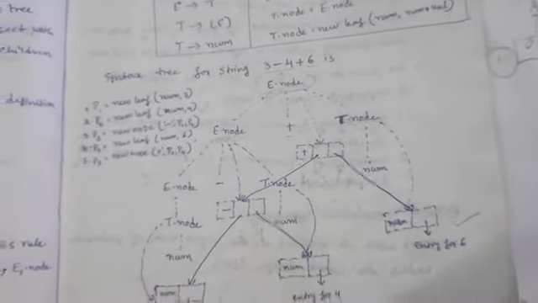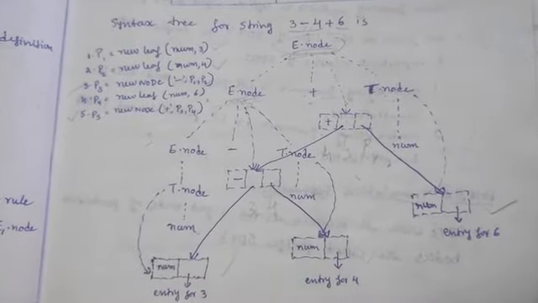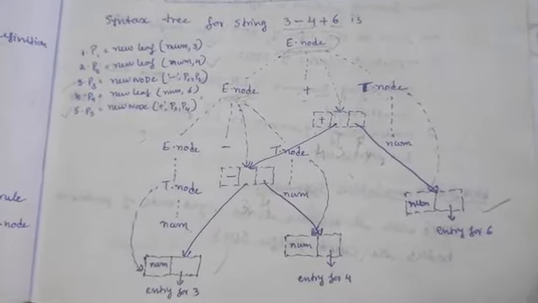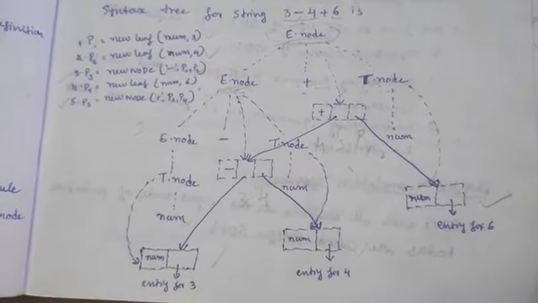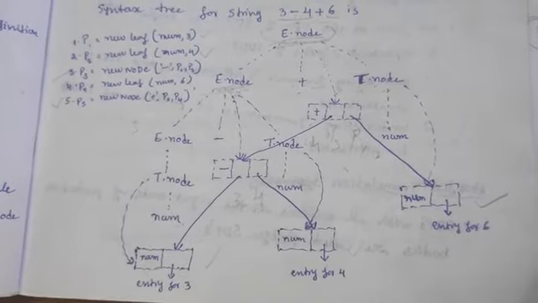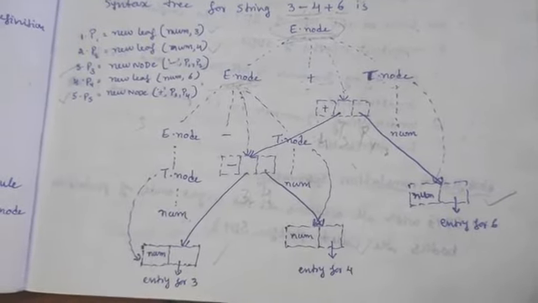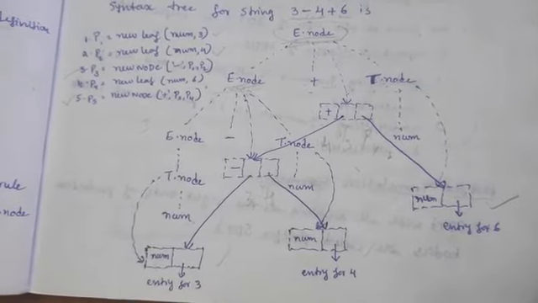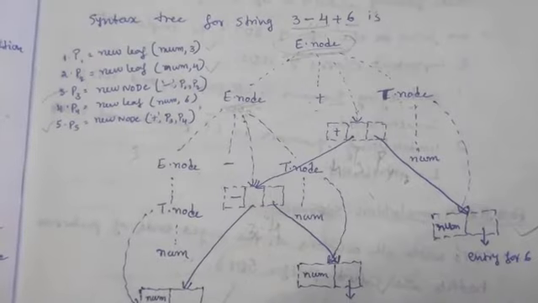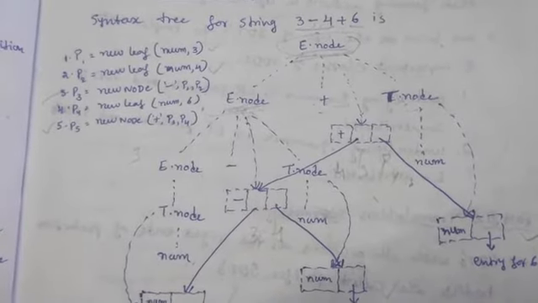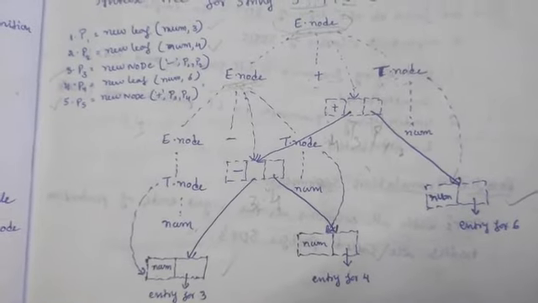First you need to write the syntax tree. After that we need to identify what are the leaf elements and what are the intermediate elements. For leaf elements we need to use the new leaf concept. If it is an intermediate node or root element, we simply use the new node concept. So that is a construction of simple syntax tree.